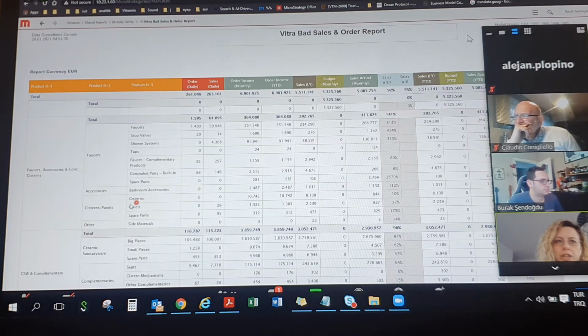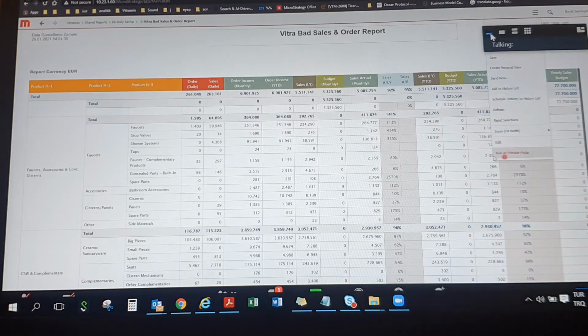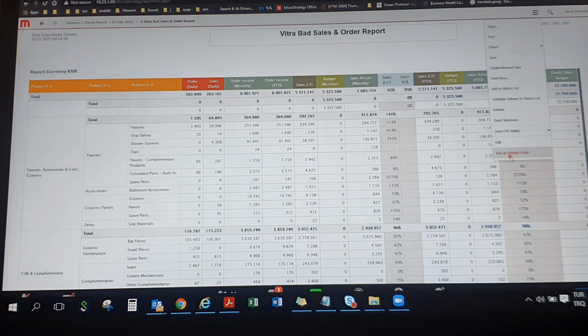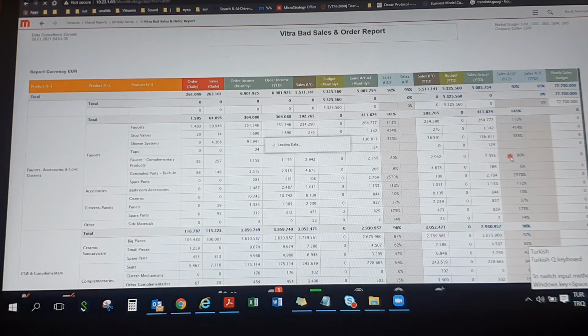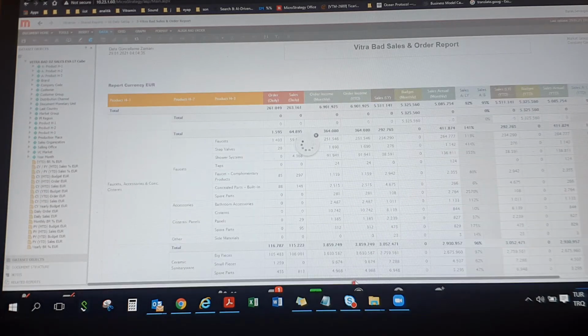When we click on a report, you see the same format as you see in the Excel file. The advantage of this MicroStrategy report is you can play with this report. When you go to this icon, like 3 lines, there is run as editable mode on the last line. If you click on this editable mode, you will see the parameters used